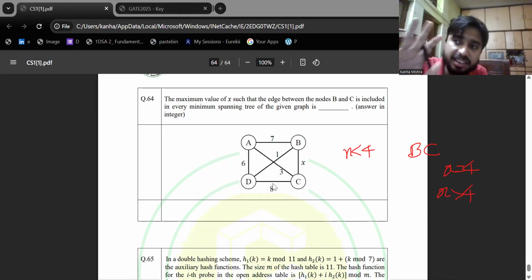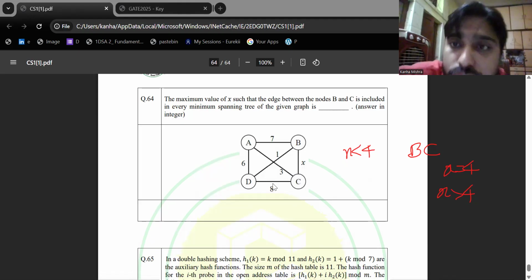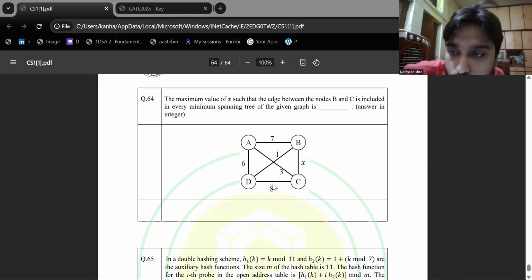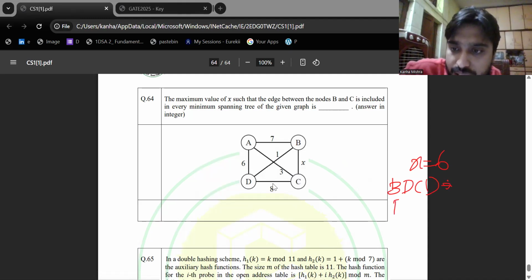If we want to ensure that BC is included in every single MST, then no MST should be able to replace it with another edge without increasing the total cost. Okay. So if this is clear, then the reasoning will be, if I put x as 6, then MST will be BD of 1, DC of 3,